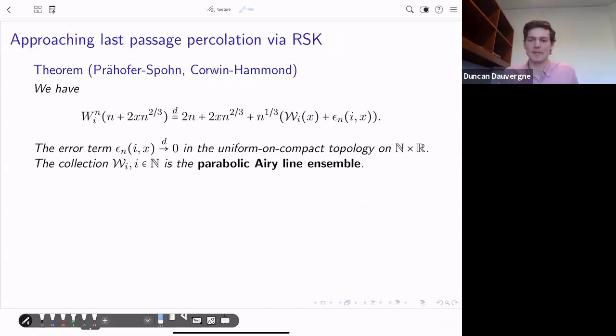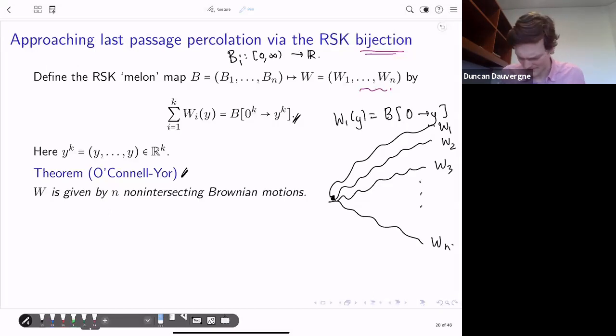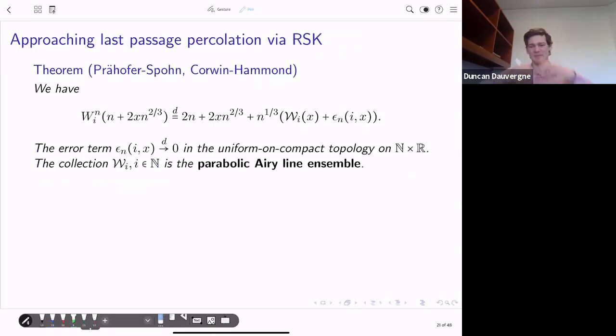Okay, so I said this melon, I'm going to call it W, sometimes we call it a melon because these non-intersecting Brownian motions look a bit like stripes on a watermelon. So this melon, like I said, it's tractable. You have determinantal formulas,